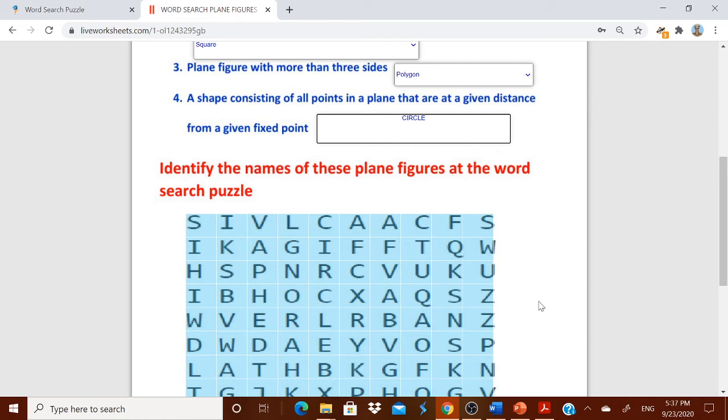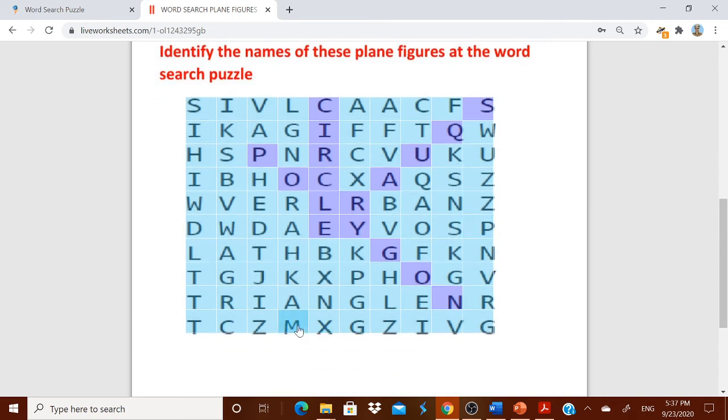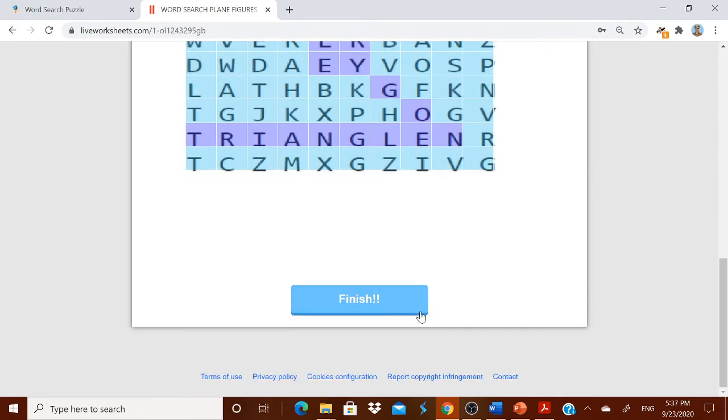Now what will the child do? He will search this. I think all of you know the same thing is there, and you have to just tell how a child will do it. Now the child will do like this: CIRCLE, he will search it. Then he will go for a polygon, where that will be POLYG. Anyway, the way you have done it, the child also will be doing the same thing. I want the square now, SQUARE. Okay, square has got it. Triangle, I think it is over here, TRIANGLE. Okay, now he will finish it.